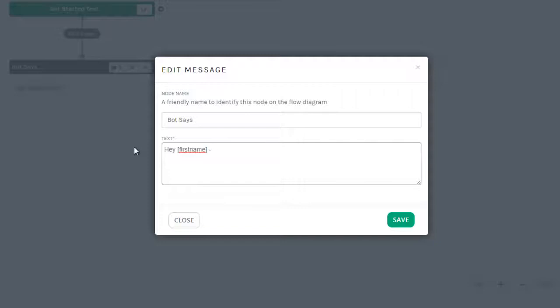Now, obviously in this case, it's not going to be the actual person's first name, but we're just going to put that as a placeholder. But with Facebook, they will already have that information and it'll spit it out. So, hey, first name, to best help you, have you purchased from us yet? So actually this is the get started. So we're not going to do that. So we're going to do